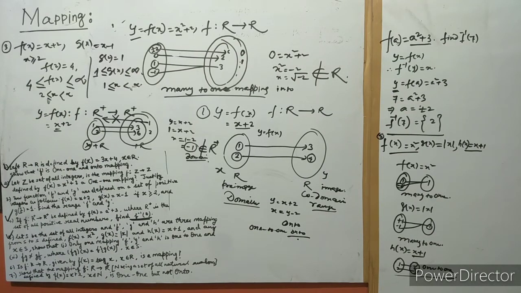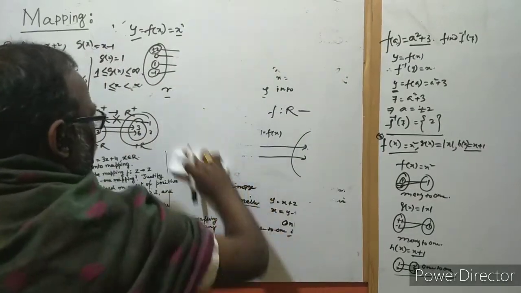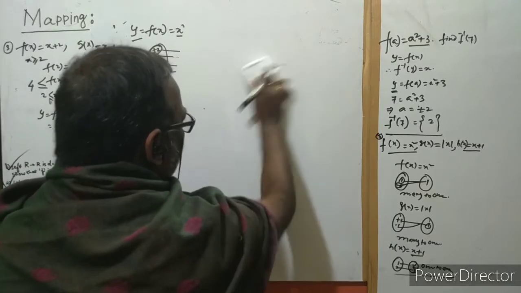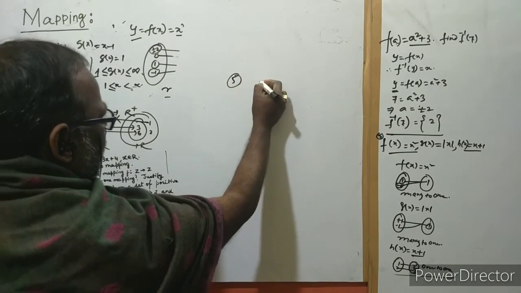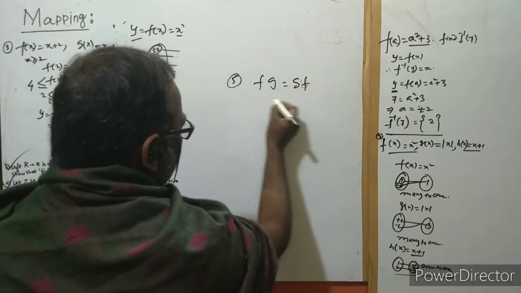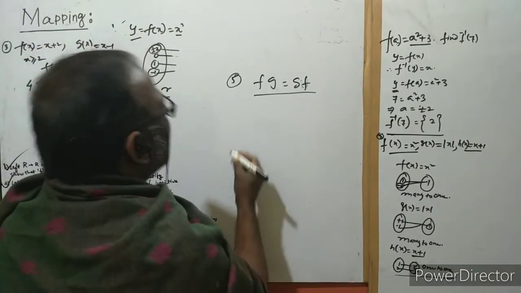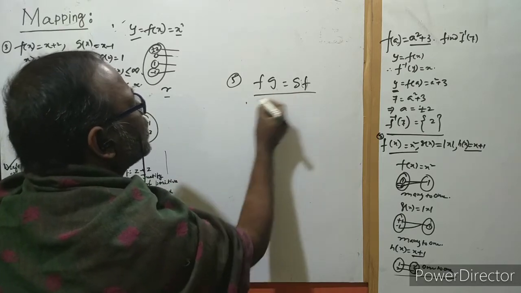And now another point here is to find two numbers so that f of g is not equal to g of f. So here, for question number 5, we have to show f of g is not equal to g of f. So what is the meaning of that? Let me write it, all of you see what is the meaning of that. We have to show this.